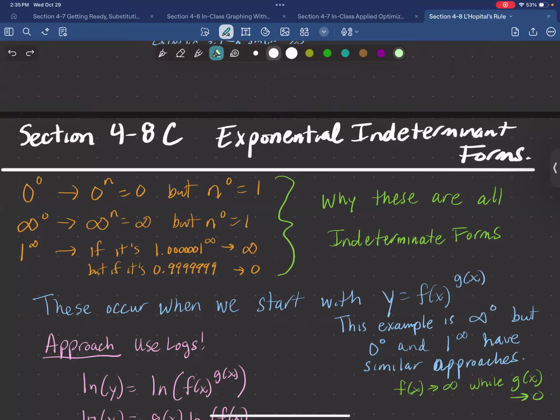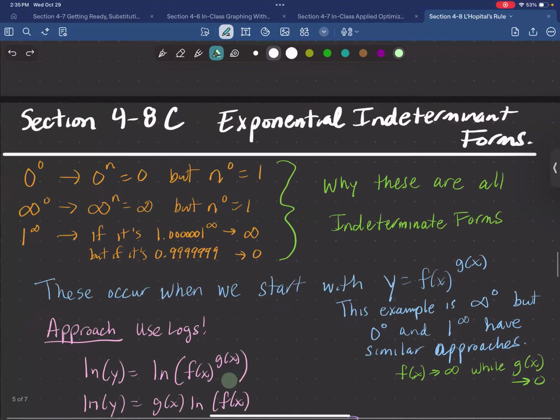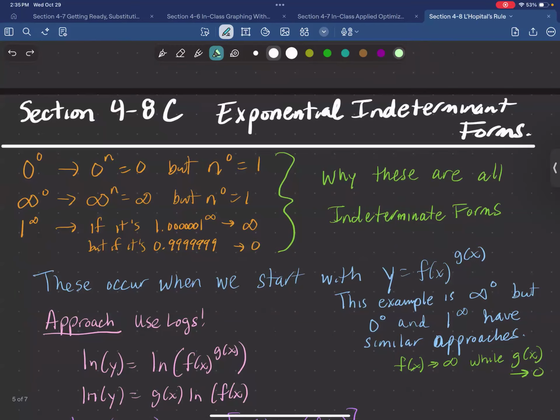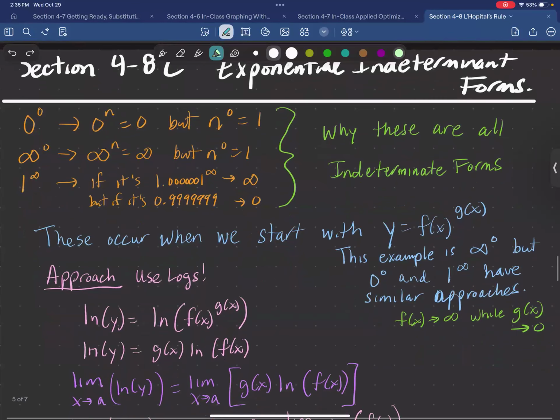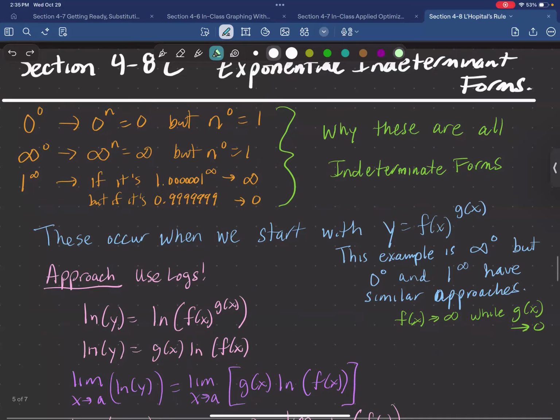So I start with y equals f of x to the g of x. I take the natural log of both sides. This allows me to bring g of x down. Now I can apply the limit. And just to show this is doing something in a L'Hopital form,